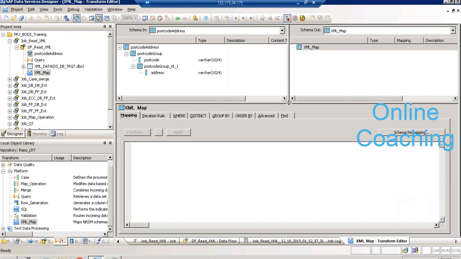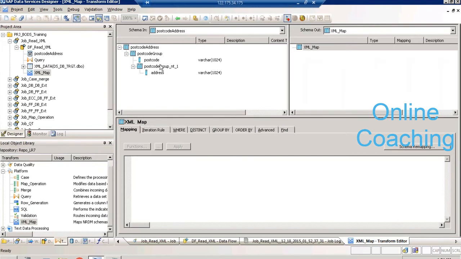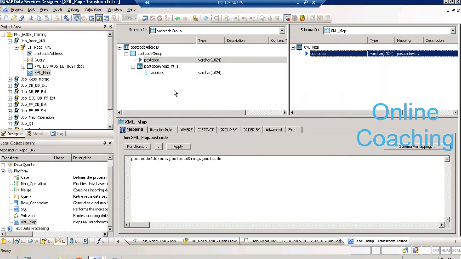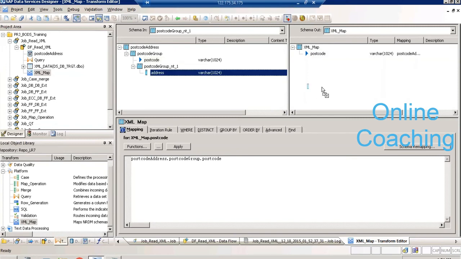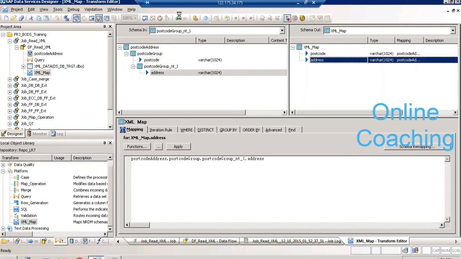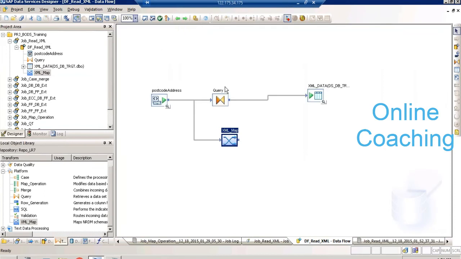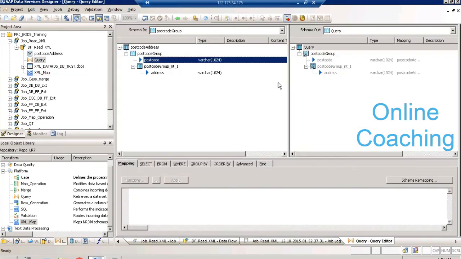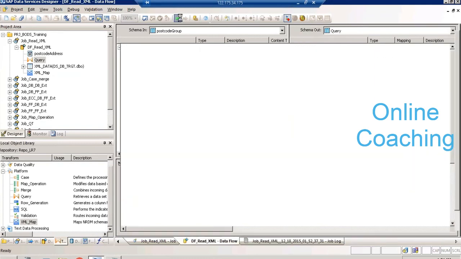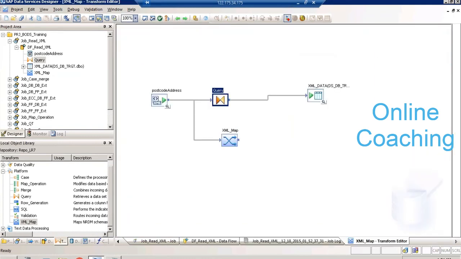So this is a query transformation for XML data where you have a provision to directly drag the columns to the output structure. Whereas in a query transformation, you cannot drag this column directly to the output structure. It will not allow you. So that is the reason we copied the structure and unnested that to be a flat structure. But now in XML map, it allows you to